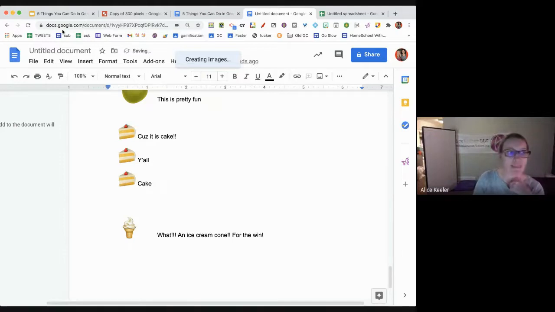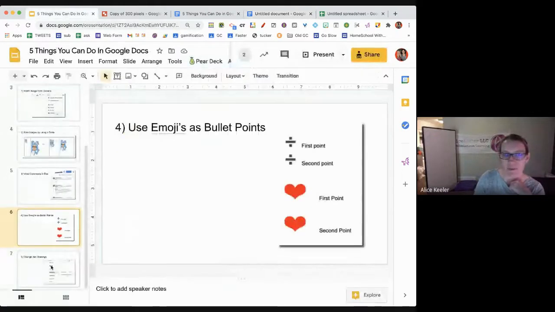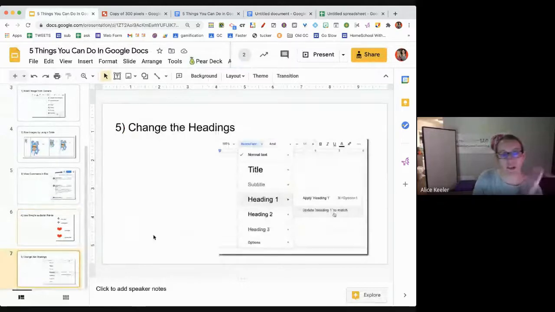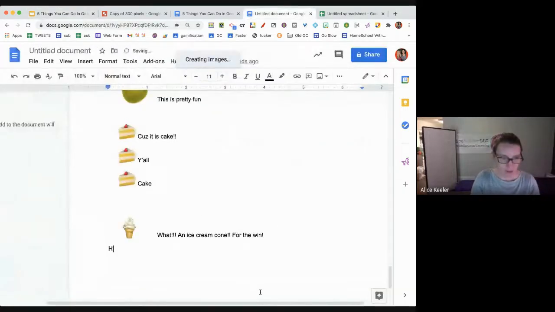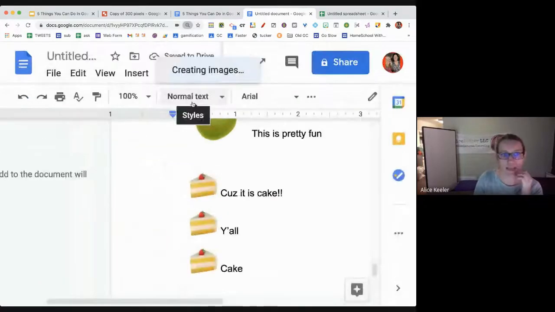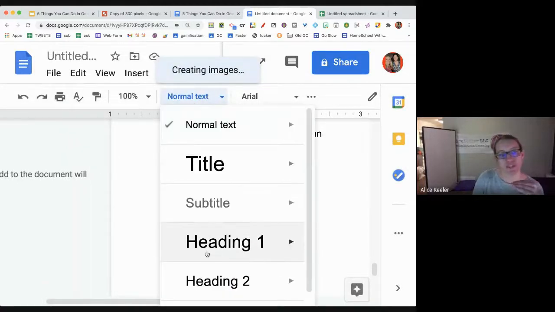All right, and my last tip is I highly want you to change the headings in your Google Docs. So you'll notice at the very top in the toolbar, it says normal text. It's your style, so it's right next to the font. You want to use headings